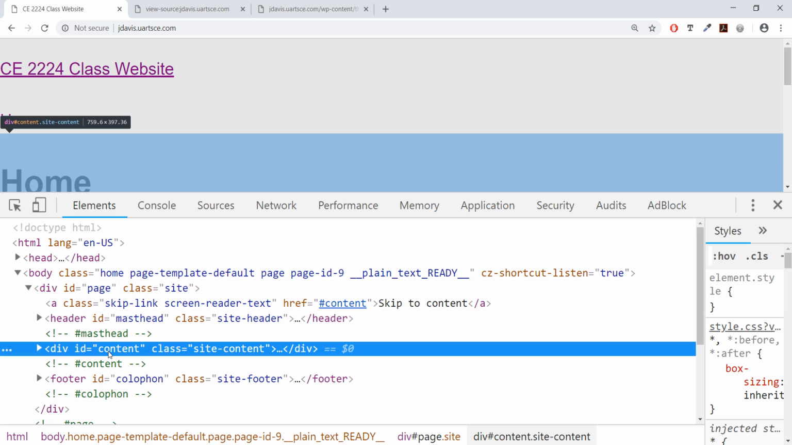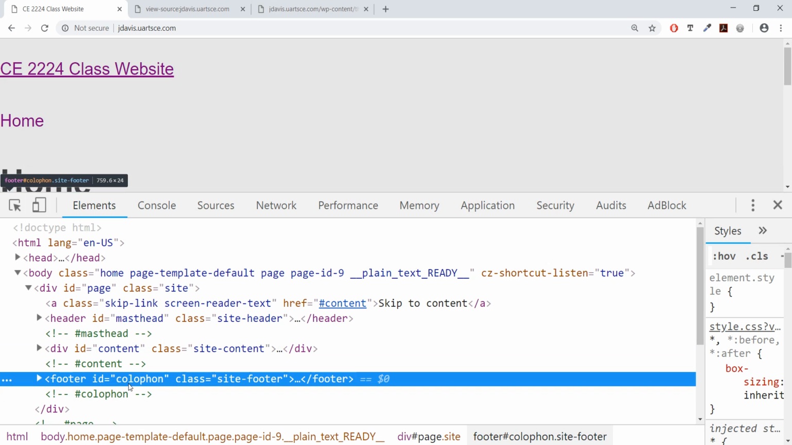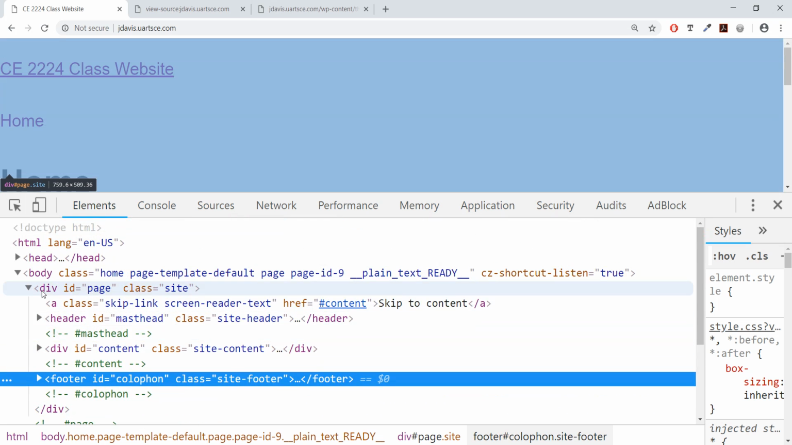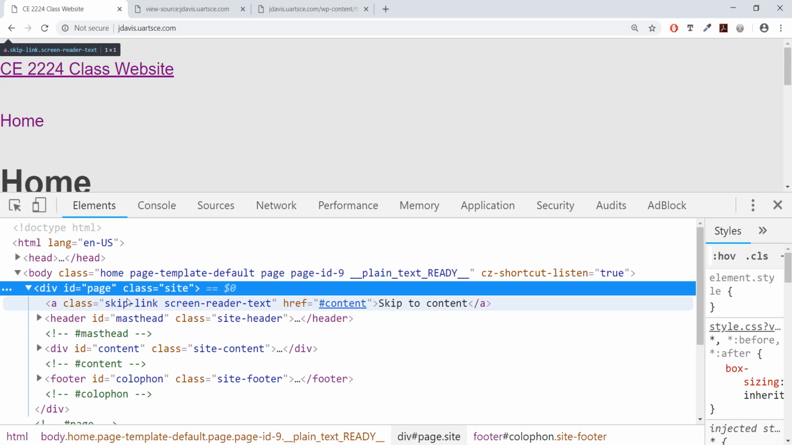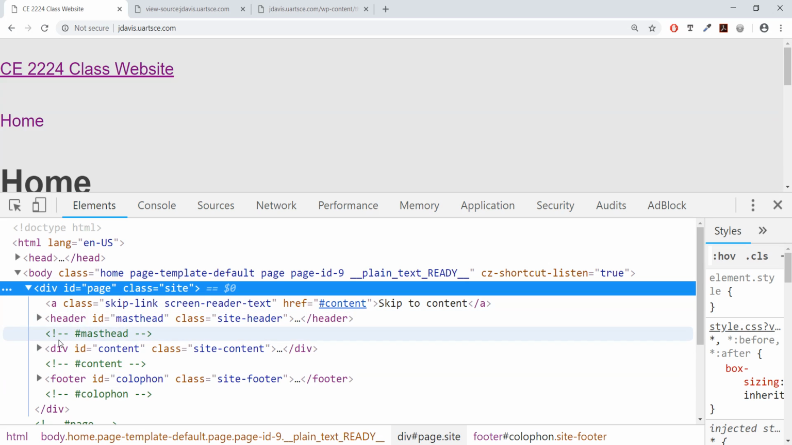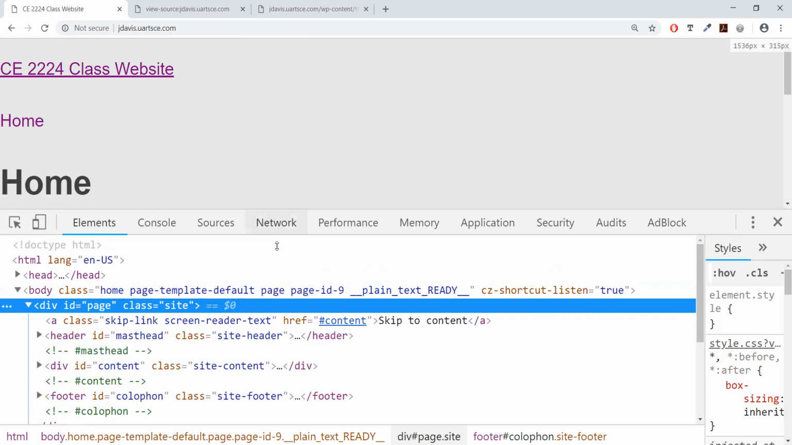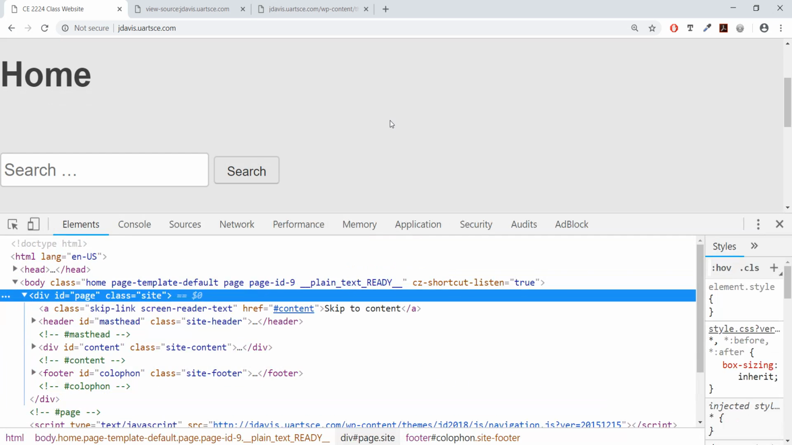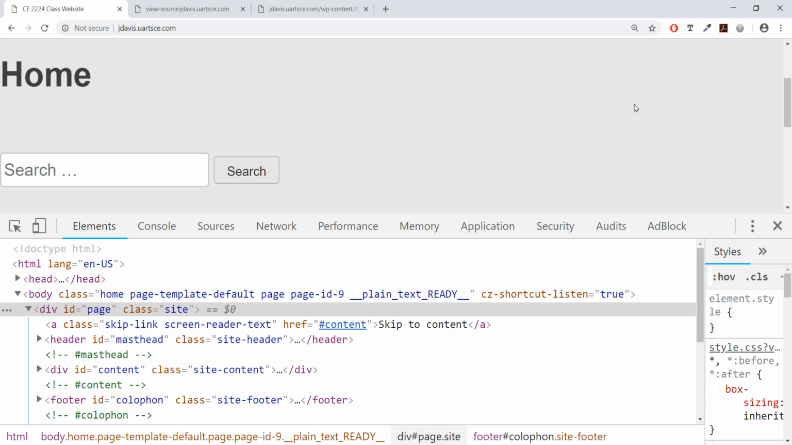Inside a page, we have a header. We have a div with the ID content. We have a footer with the ID colophon, and that's pretty much it. So inside of the body, we have a div with the ID page. Inside of page, we have three different elements: the header, the content, and the footer. As I hover over this, you can see